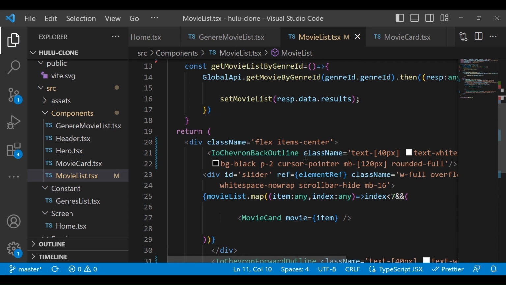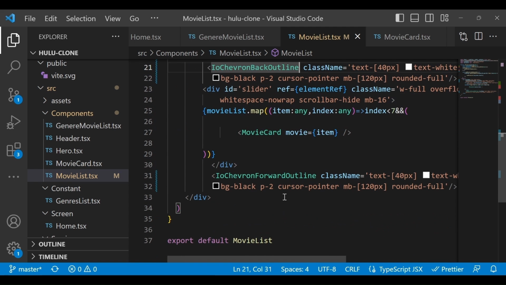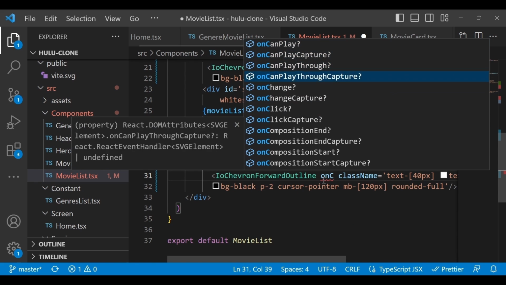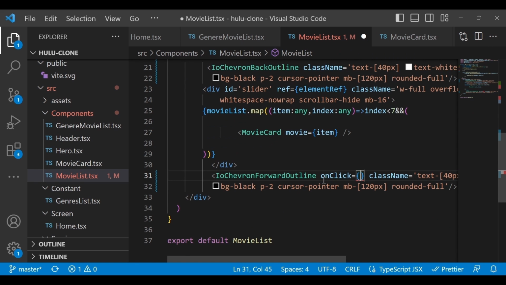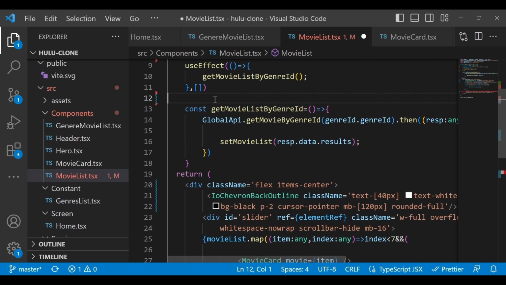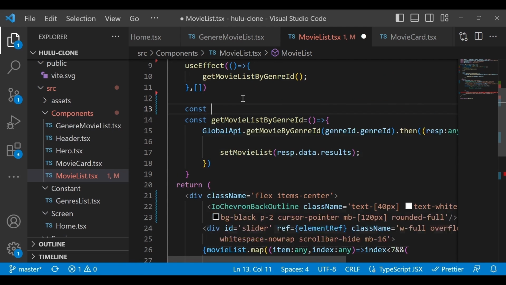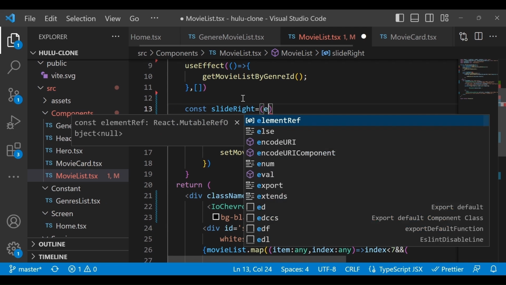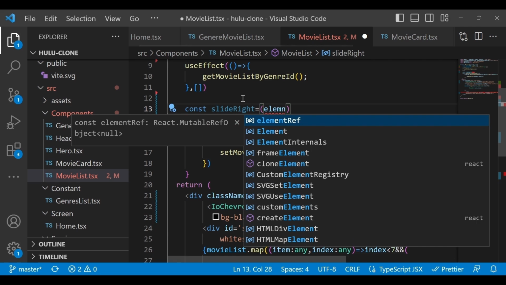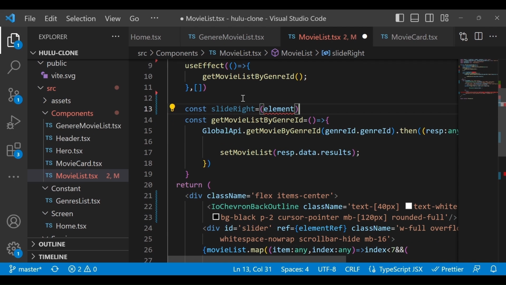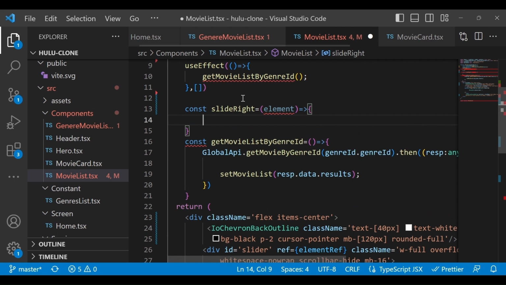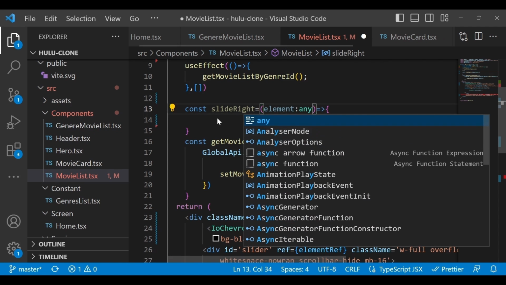Now next we will add the onClick method to this one, and let's add onClick. Okay, and here we will pass onClick method. So first we will define one method called const slideRight. Okay. And this is an arrow function. We will pass the element as a parameter, and right now we'll use the type of any.